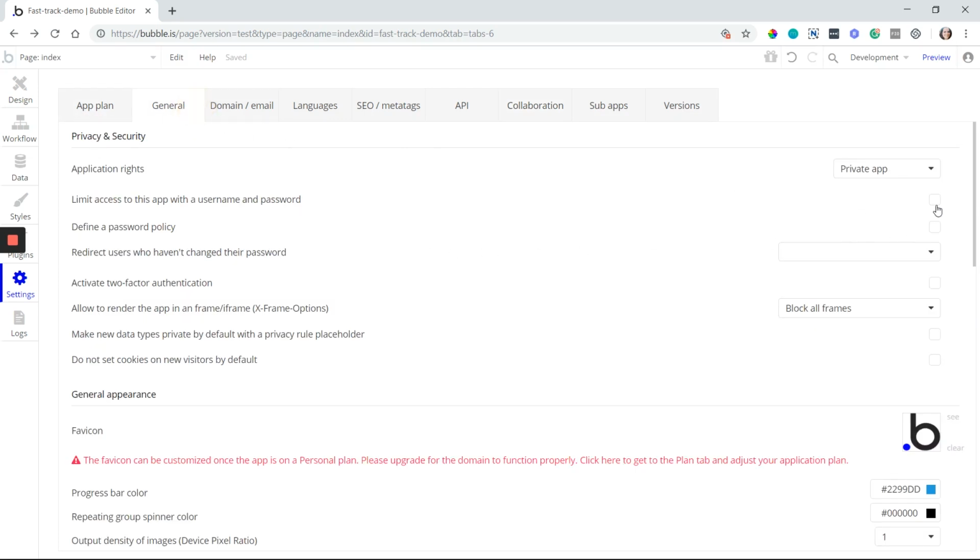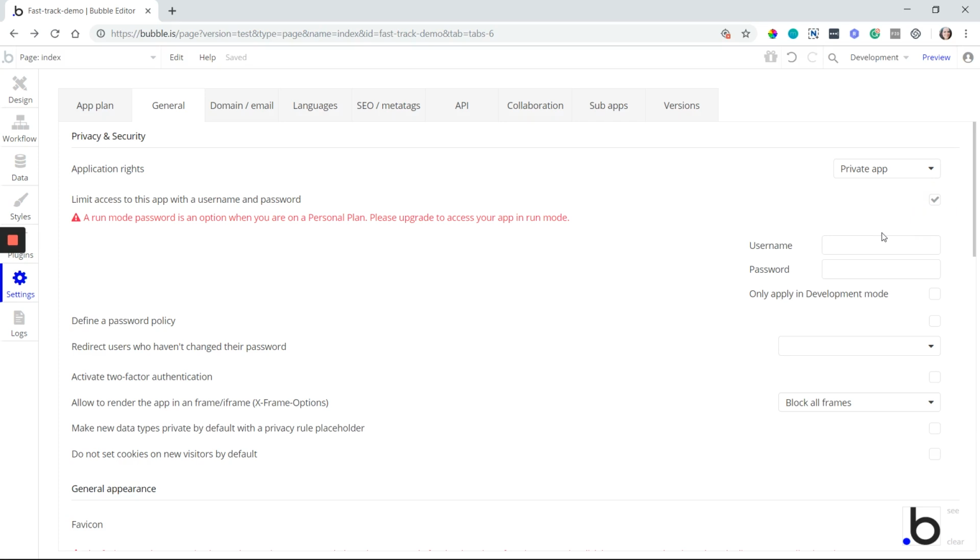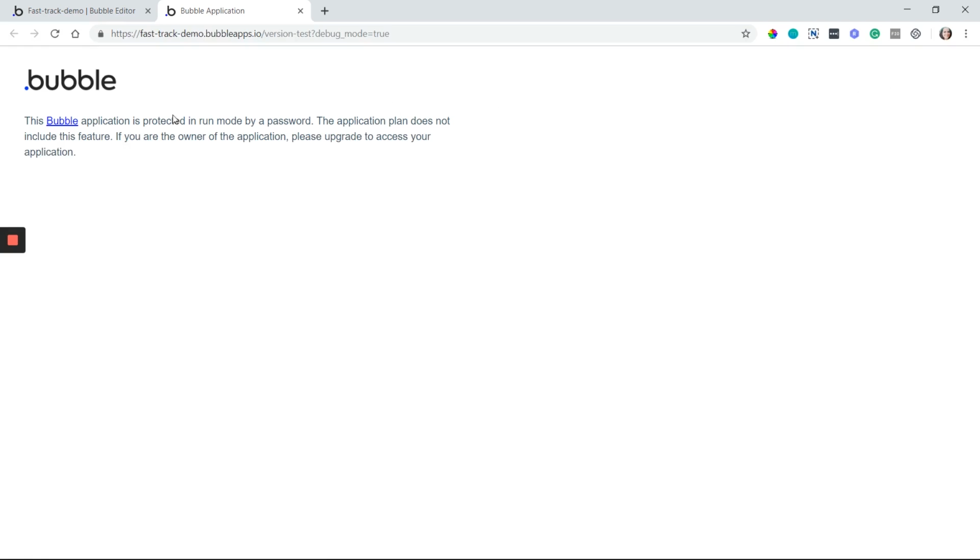Then you have another layer of protection with a development lock. So you can actually limit the access to your application. This is the front end of your application with a username and password. This is what happens if I select this, then I can choose a username or password. So let's say Abby developer, like that. And when I preview any page in my application, then, oh, well, let's see, this is a paid